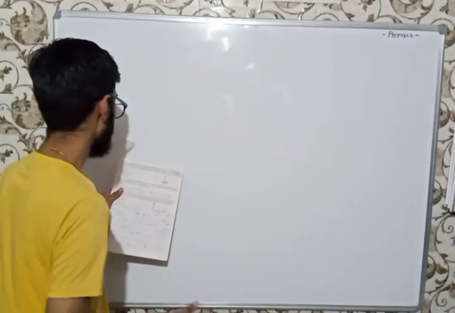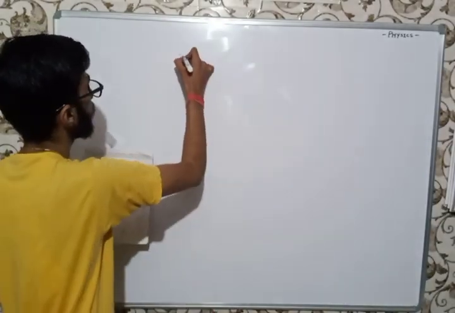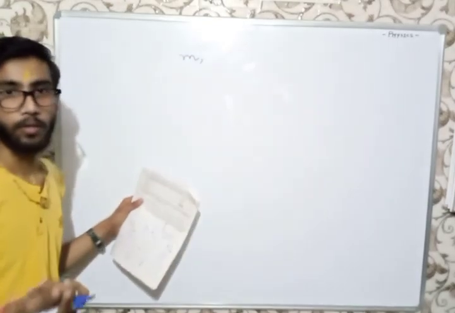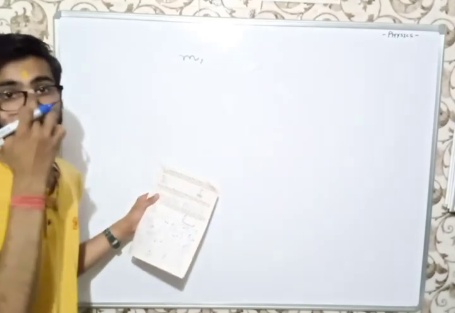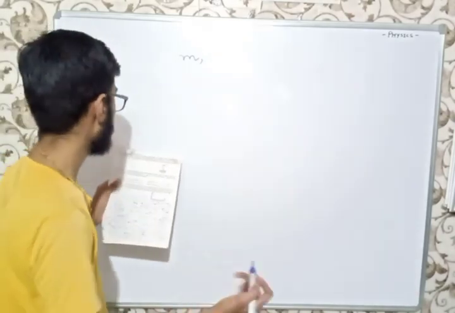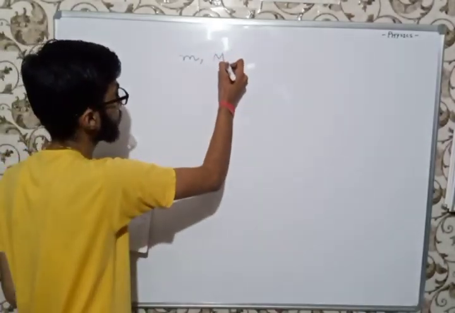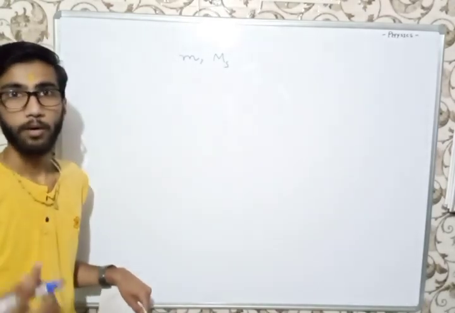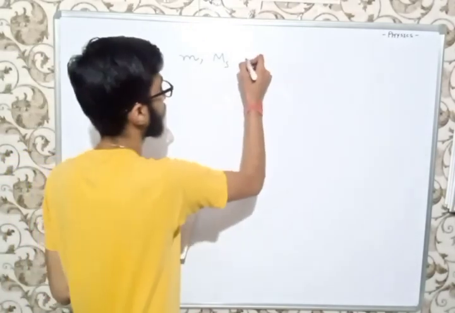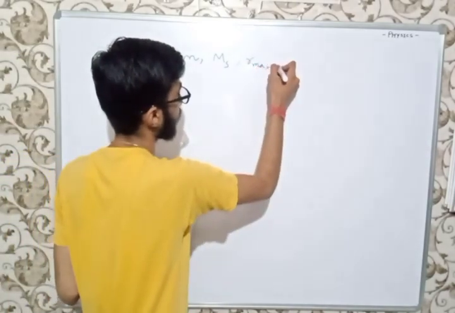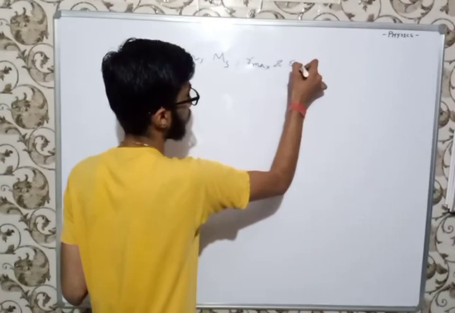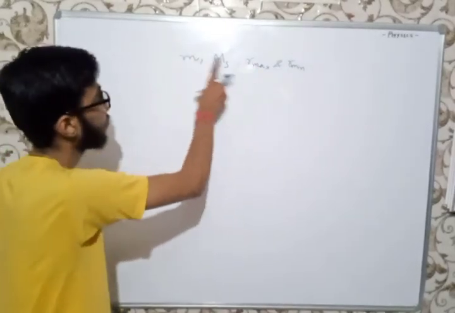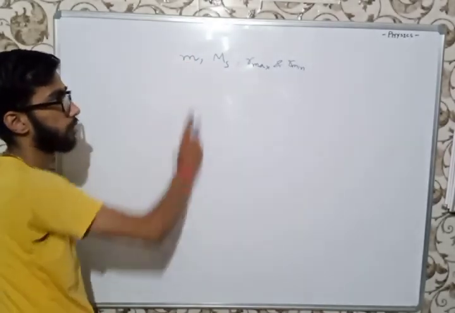It is given that a planet of mass small m moves in an elliptical orbit, not in a circular orbit, around the sun of mass M_s, and the maximum and minimum distance of the planet from the sun are r max and r min respectively. It is the maximum distance of the planet from the sun.